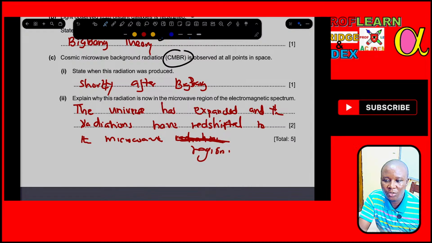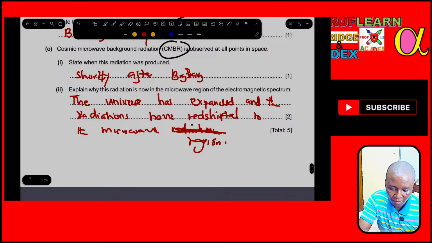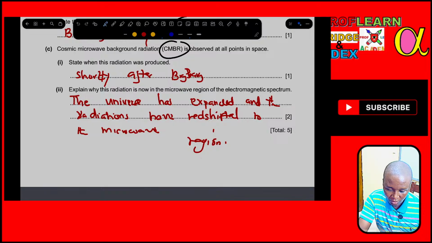And since the universe has expanded, it means that they have stretched to this particular region. So we can say they have